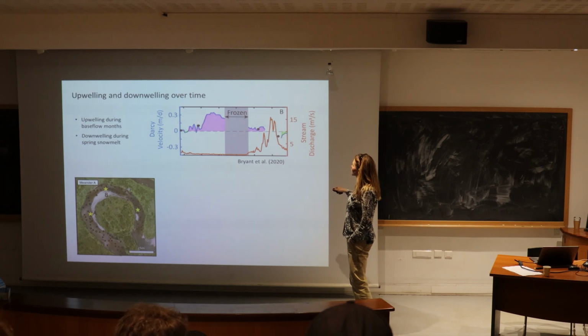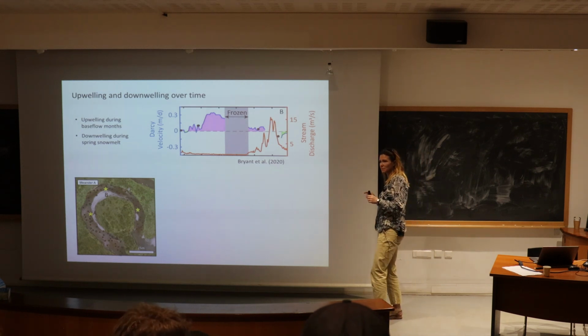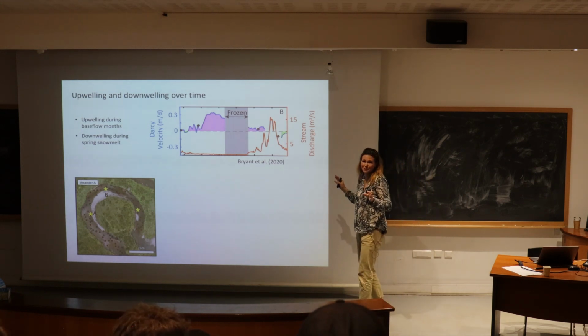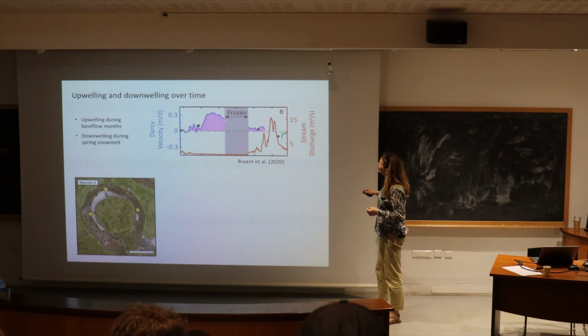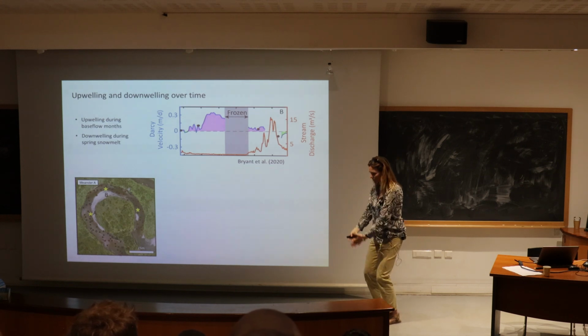And so as we go through the summer base flow season towards the winter time, we get a fair amount of base flow and vertical discharge, like vertical upwelling of groundwater in our stream bed. And then around this time of year, things freeze up. And we just kind of assume that nothing's happening. All the temperatures are zero, so we can't really tell anyways. But it's frozen. And then it starts to thaw all at once, and here comes the spring snowmelt. We see the thawing in the riverbed and our temperature signals, and we get a little bit more groundwater influence coming up during that time.